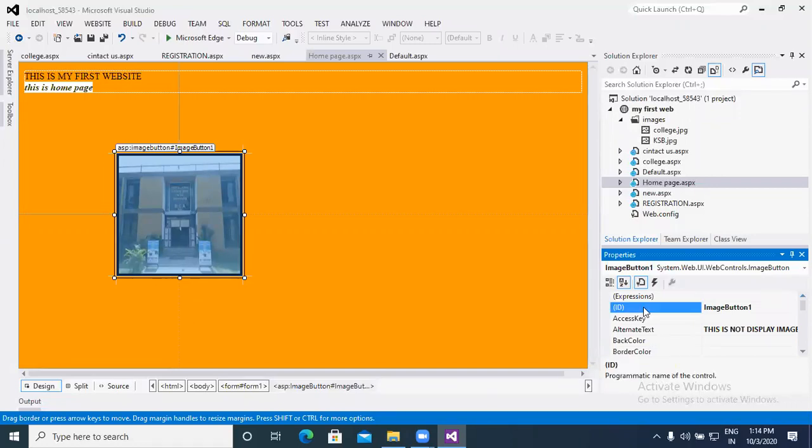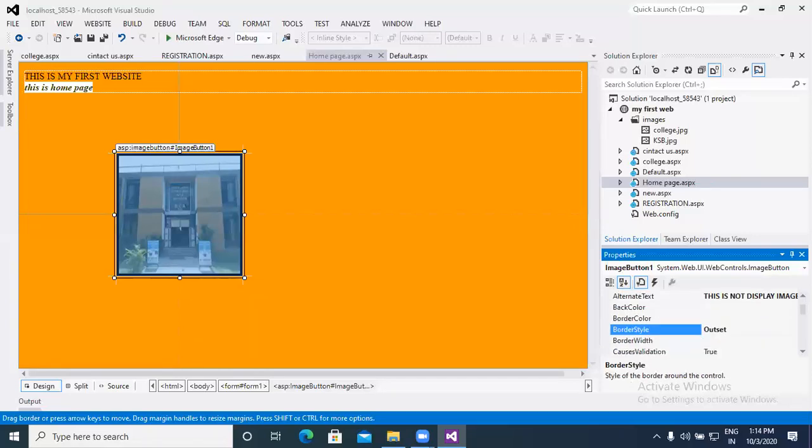I can repeat. For the image button, the prefix is imgbtn, then access key, alternate text. When our image cannot be displayed, because of some communication error between client and server, the text which we write in alternate text is displayed.